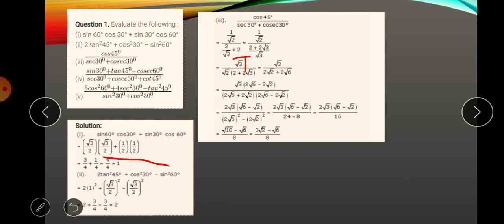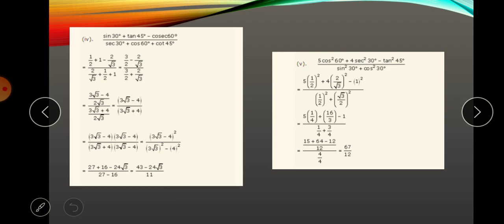Then take the conjugate, that means rationalizing. What is the rationalizing of 2 root 2 plus 2 root 6? In the same way, 2 root 6 minus 2 root 6. Then 4 into 6 is 24 and 2 into 4 means 8. 24 minus 8 is 16. Then the common factor here is 2. Then 2 root 3 times root 6 minus root 2, and the 2 in the table of 16 will get cancelled, giving 8. Root 3 multiplied by root 6 is root 18, and 3 twos are 6, then root 18 minus root 6. What is the simplest form of root 18? Three root 2. You will get this answer.